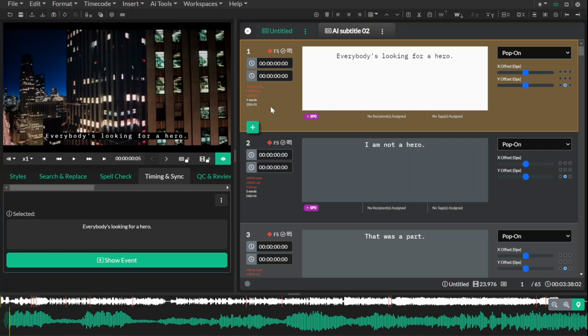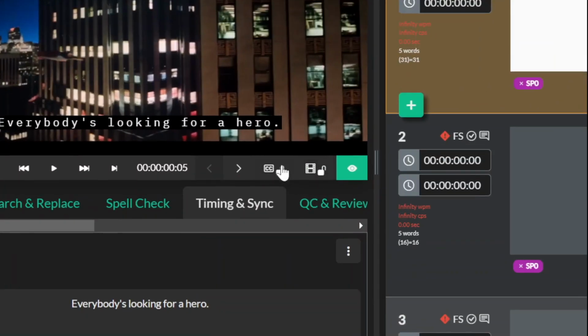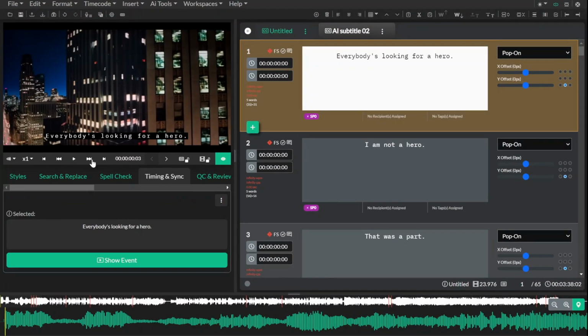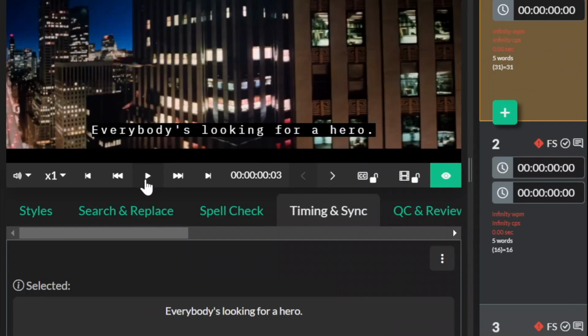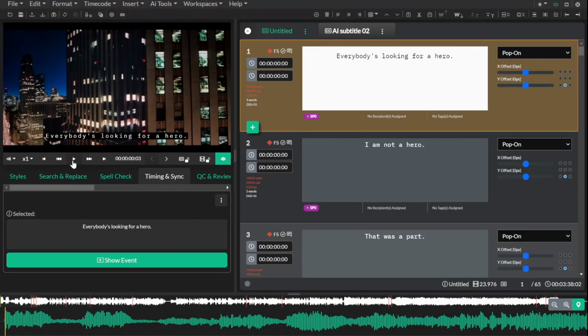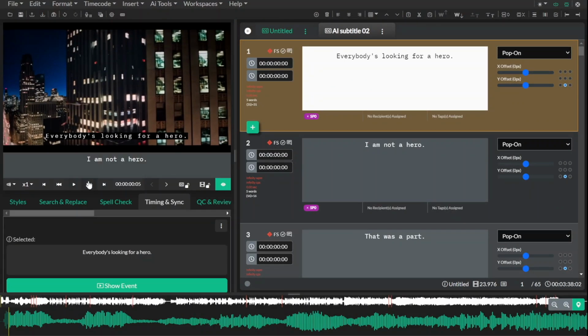To start spotting captions, first select the event you want to sync with the video. Let's start with the first event in our list. Select the Timing and Sync panel from the Quick Tools drawer if not already selected. Ensure the caption lock and video lock toggles are disabled. Press the play button and sync your captions with the video using the Show Event button or assigned shortcut key. You can spot captions using either the long press or dual key mode.